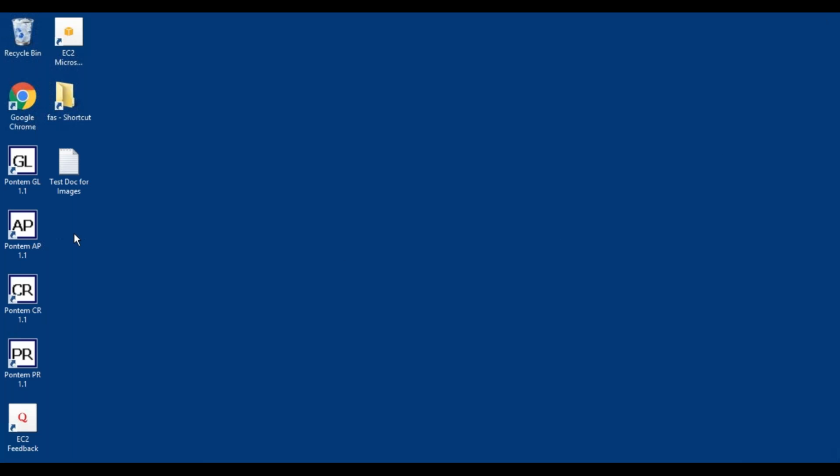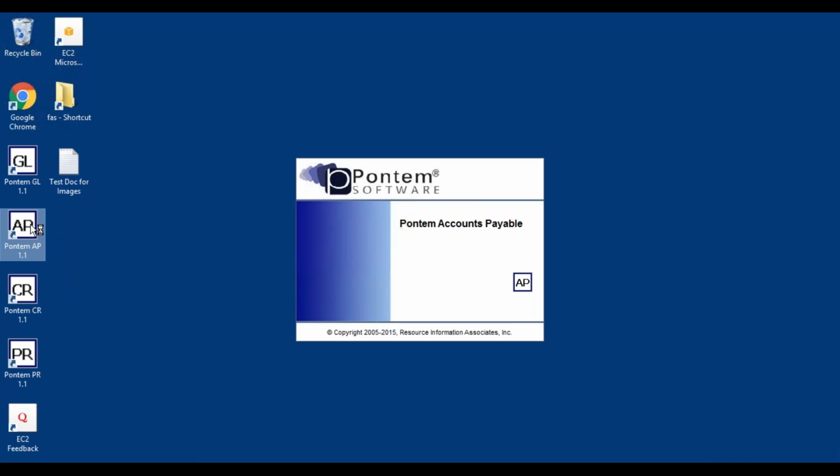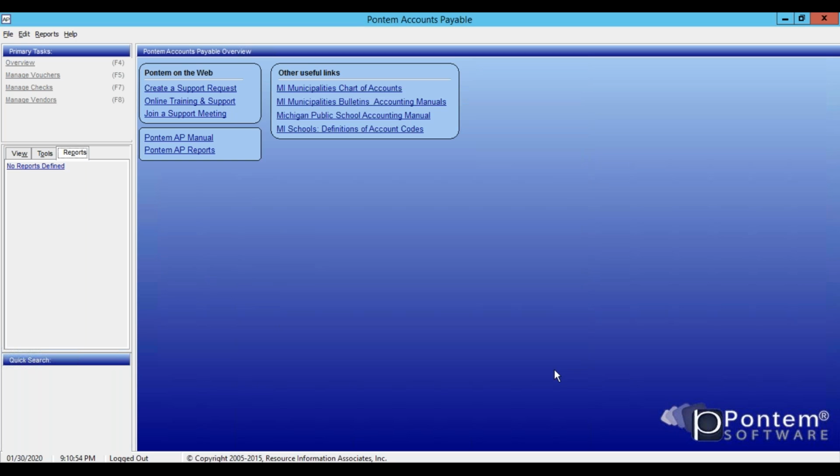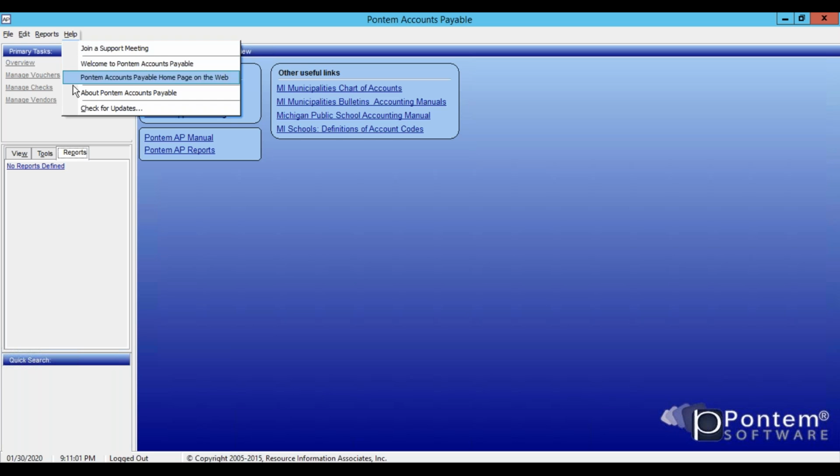And we do have the Accounts Payable program, the Cash Receipts program, and the Payroll program. Each of these will need to be updated. If you update one, you want to do all of them. And so next we're going to go to the Accounts Payable program. We're going to open this up. That's step 2. And then step 3 is to click the Cancel button on the login screen. And then step 4 is to click Help on the menu bar at the top